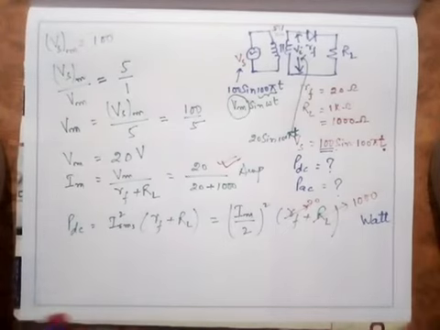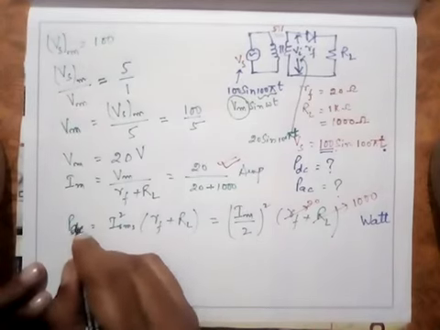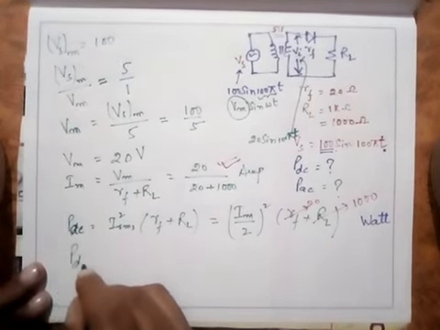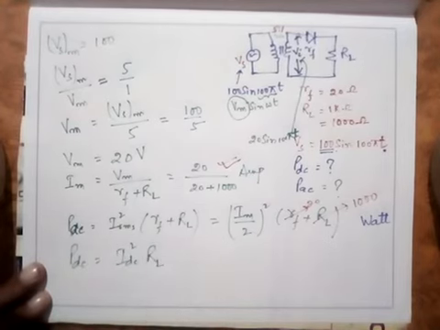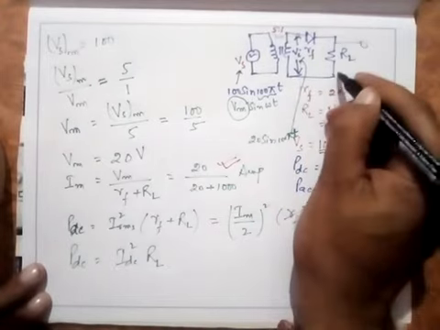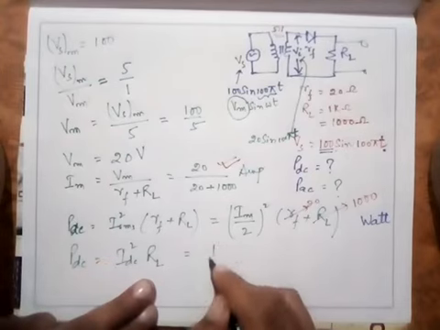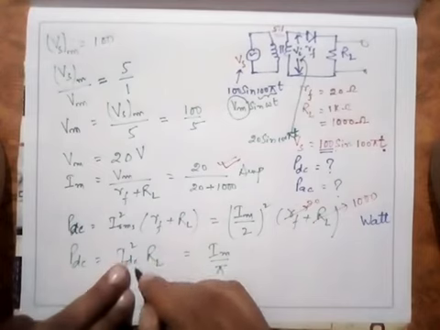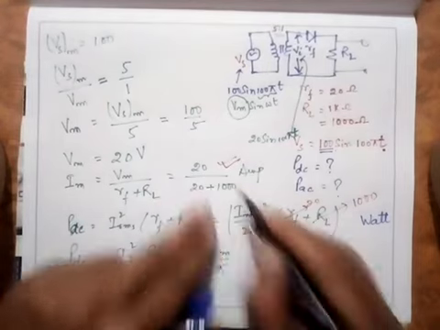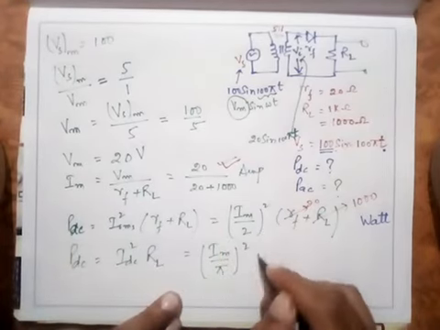Similarly, I have to find the value of P_DC, sorry, I'm sorry, it is P_DC, not P_AC. P_DC will be equal to I_DC square into RL. Remember that the DC is across this, so it is I_DC square into RL. I_DC is Im by pi, where Im is equal to this much. So it will be Im by pi whole square into RL.